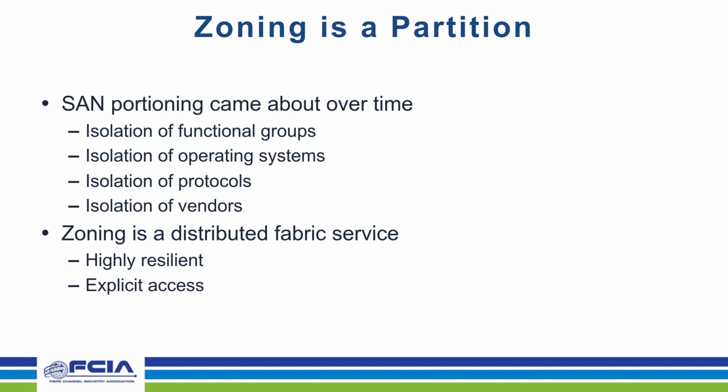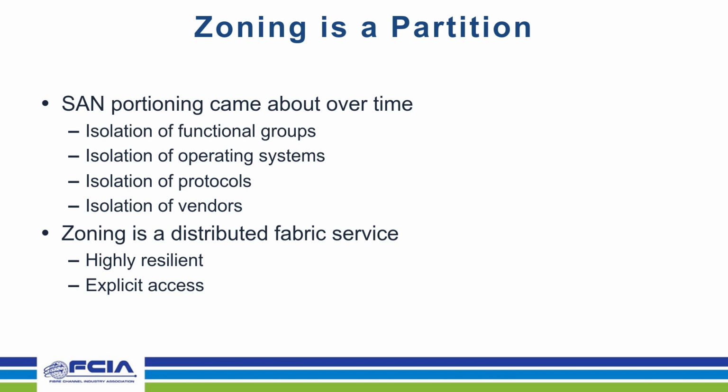And so the ability to isolate, isolation of functional groups also became a focus, isolation of the operating systems, as I mentioned, protocols as well. So some of the very early deployments for Fibre Channel were actually IP over Fibre Channel. So IP over Fibre Channel and FCP over Fibre Channel had to be isolated from each other. And then storage sometimes, and server vendors sometimes needed isolation as well. So, that was really kind of the scenario that it came down to. And today,